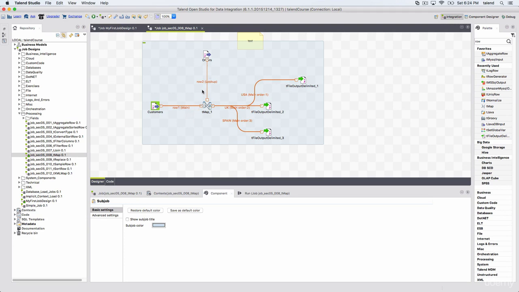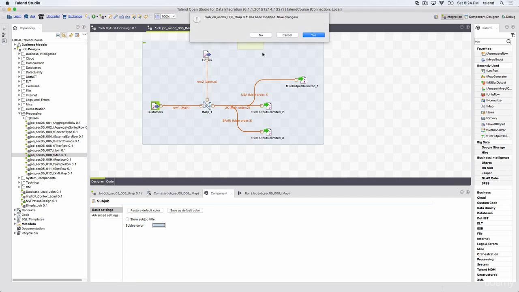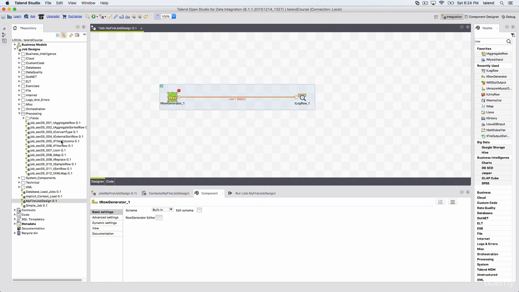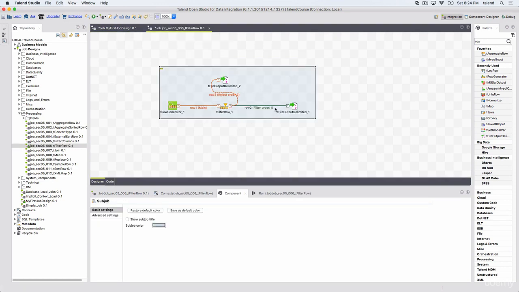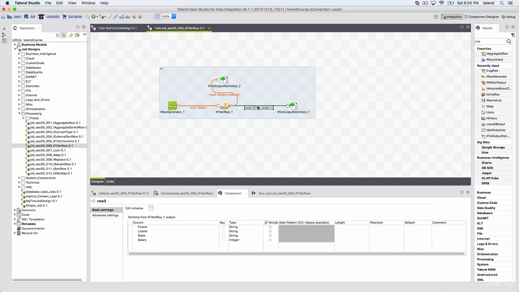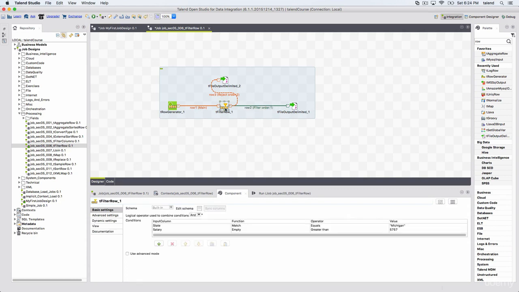The next connection type is a filter connection type. So let me show you that. A filter connection type gathers the data that matches the filter criteria. So what is the filter criteria? You will know that when we discuss the filter row. But just remember, a filter connection type is nothing but whatever filter condition that you mention here, the data that satisfies that condition will be passed through this connection to the target component.